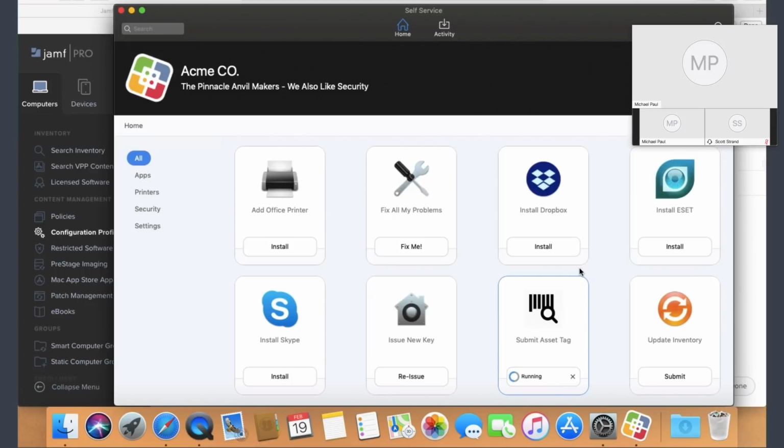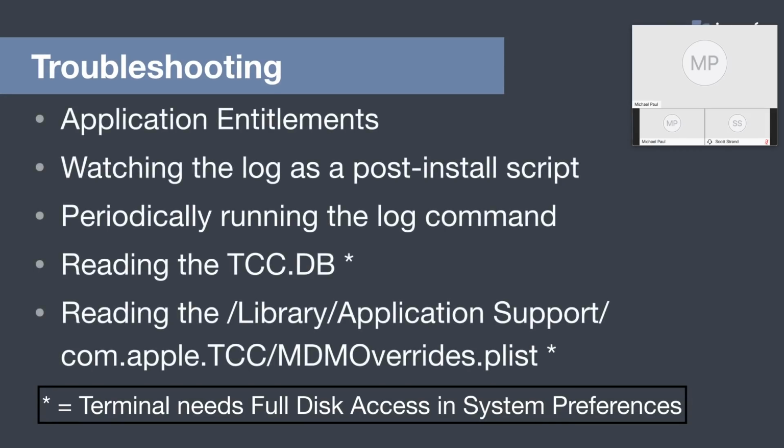Cool. So what are some things we can do to troubleshoot and dig in a little bit more and help enable you further? Well, we have application entitlements. We're going to dig into watching the log, both post-install or reading it periodically with the command. Look at reading the TCC database, which includes all the choices that the end user made. And then we're going to look at how you can read the MDM overrides plist, which includes all the things pushed down via MDM. Now, those last two do require terminal to have full disk access in system